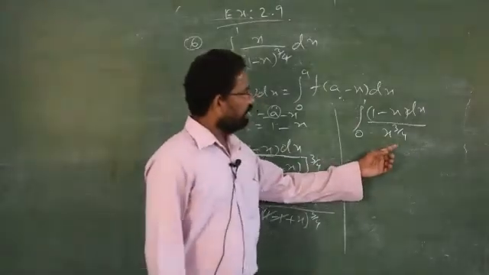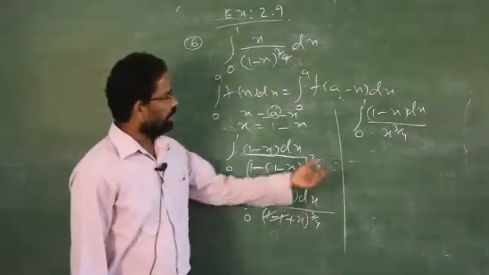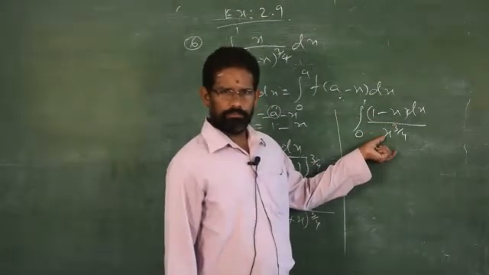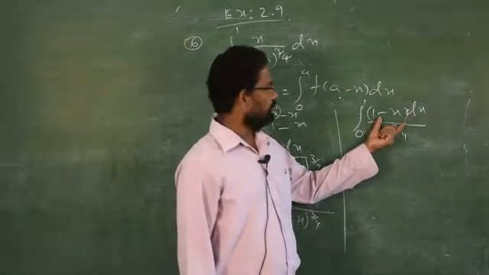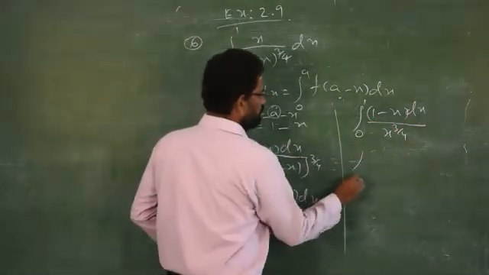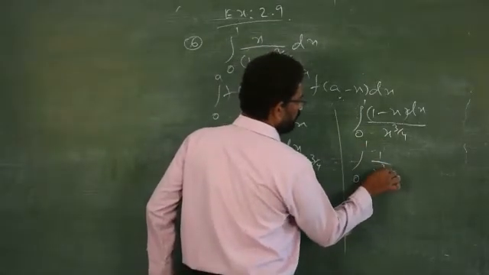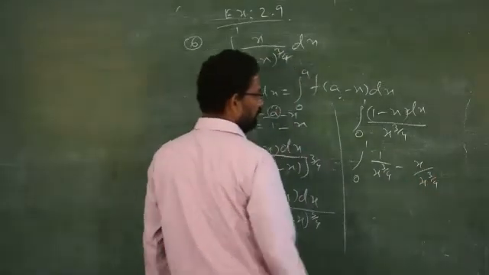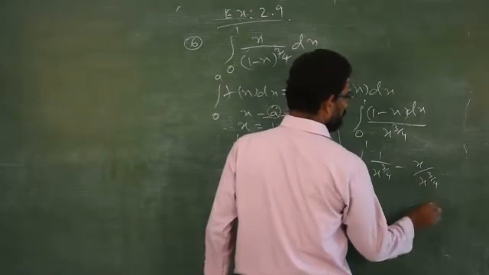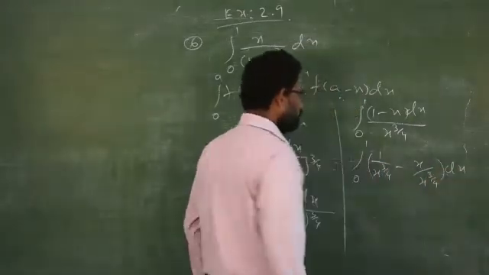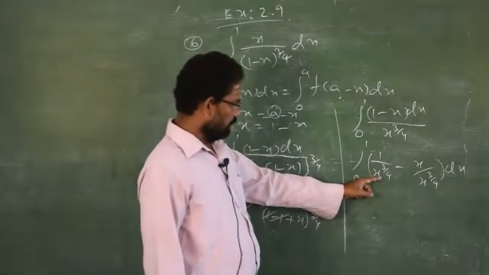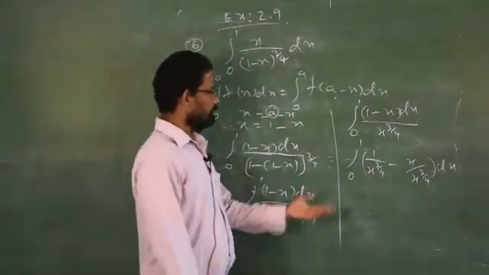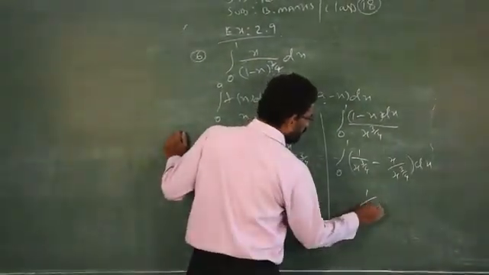So now you can see the result. I can separate the numerator with respect to the denominator. Clear? I can easily separate the numerator with respect to the denominator, that is 0 to 1, 1 by x power 3 by 4 minus x by x to the power of 3 by 4 into dx. So after that, you can take the denominator to the numerator. Just remember how you integrate this one.